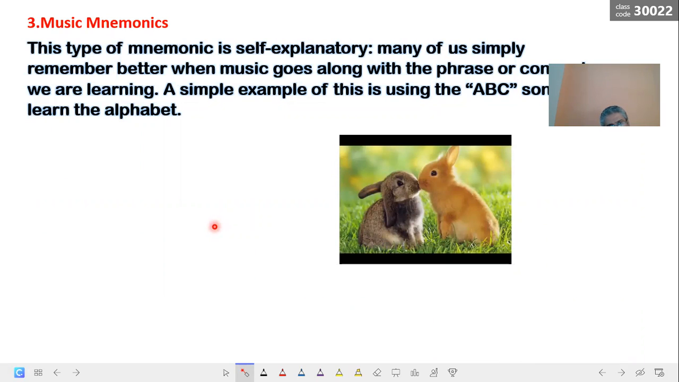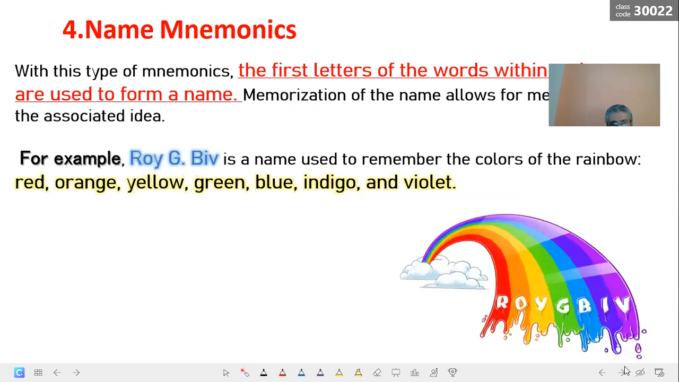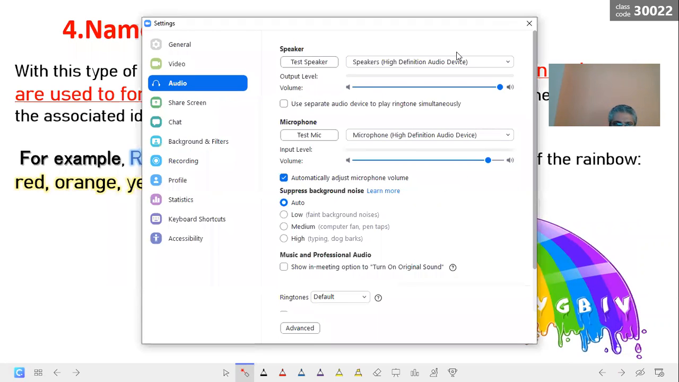النوع الثالث من المنيمونكس اللي هو الميوزك. This type of music mnemonic is self-explanatory، يعني مزيكا هتحفظ بالمزيكا بتاعتنا حلو. النوع الرابع هو النيم mnemonic، ان انا بعمل ايه بقى؟